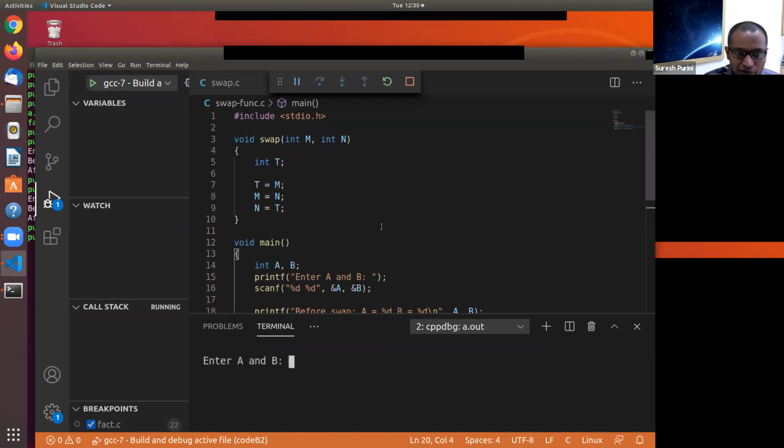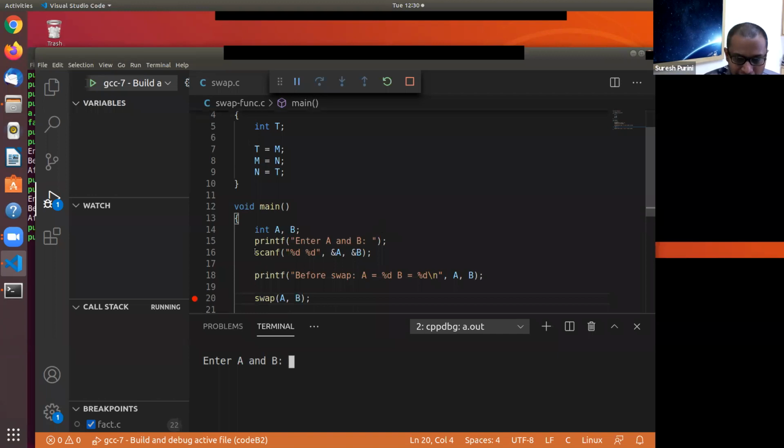So we are debugging this program. We are on line number 16 and scanf is prompting for input. Are you with me here? I want everyone, all 96 students in the class, to be with me, that we are running this program in the debug mode. On line number 16. And so we are entering the input 10, 20.